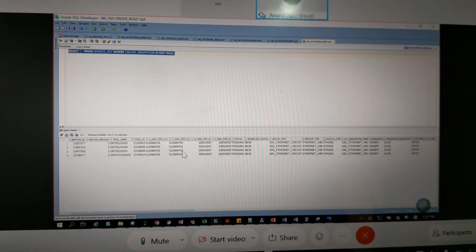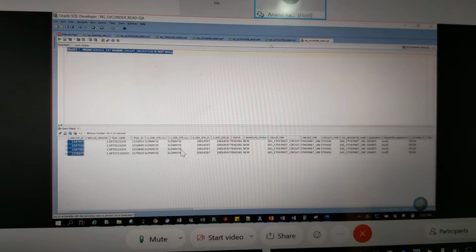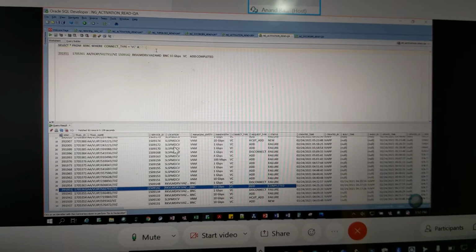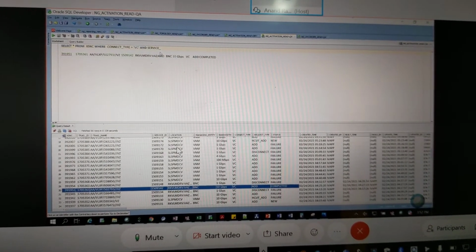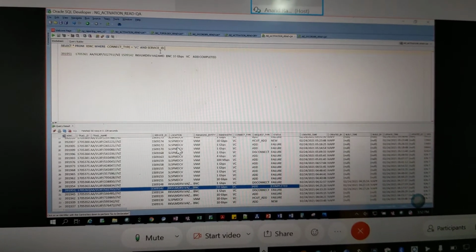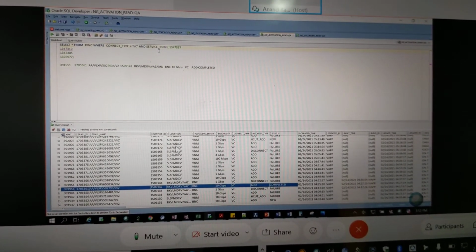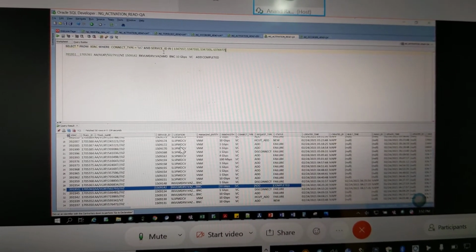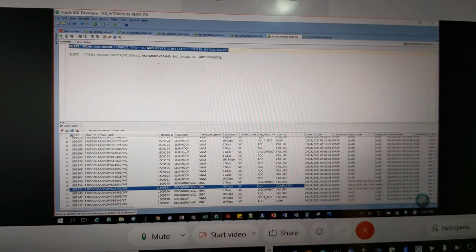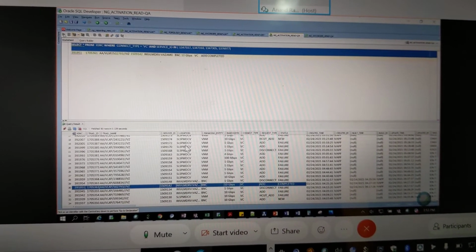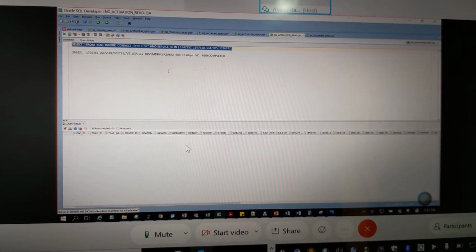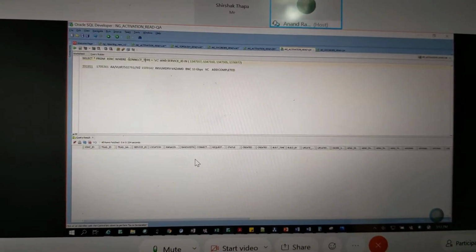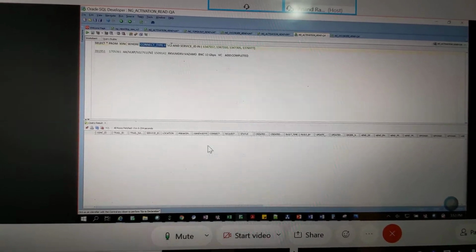What you can do is service IDs, right? Let's see what is the status on that. It's not there. Maybe it might be the wrong one.